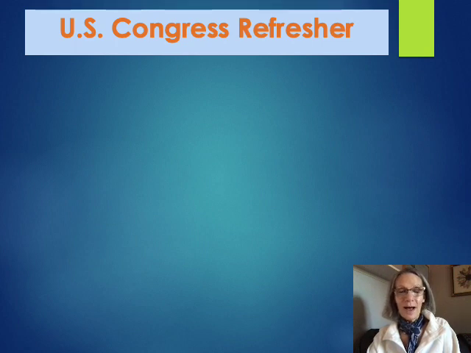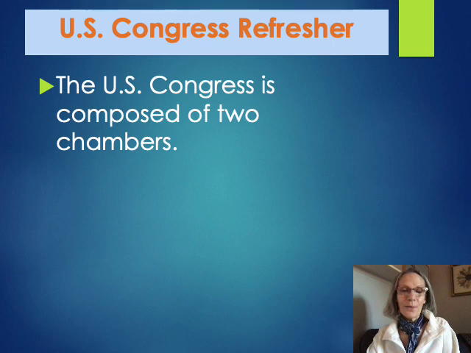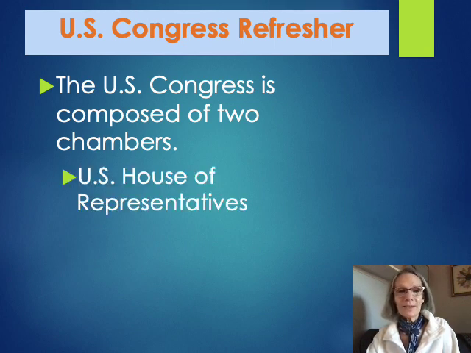As we talked about earlier in the semester, there are three branches of government in the United States government: the legislative branch, the executive branch, and the judiciary. This week we're going to be learning about the gap in gender representation within the legislative branch, in particular in the U.S. Congress. I know a lot of you already know this, so I'll go quickly, but in case you need a refresher, the United States Congress is composed of two chambers within the legislative branch.